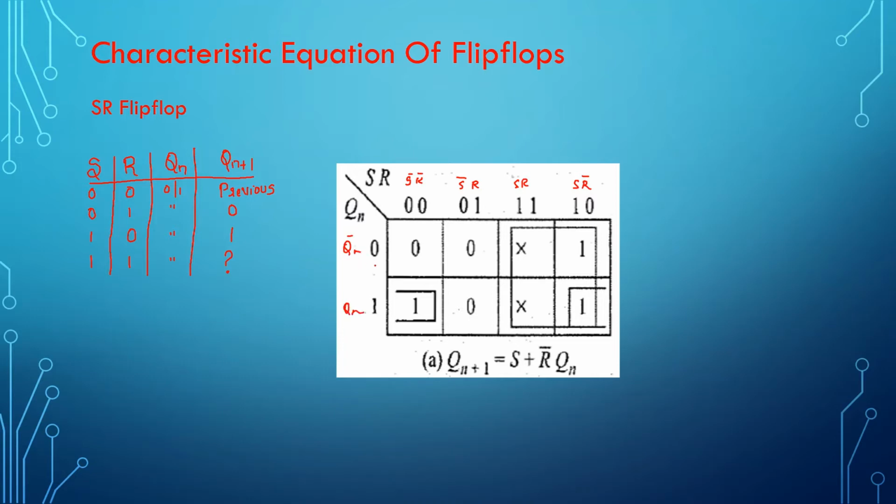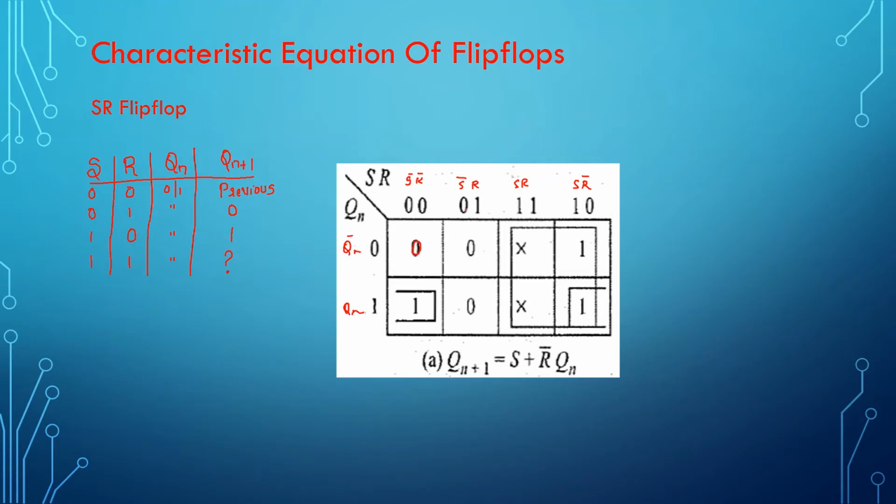So let's see how this particular table has to be filled up. These are the inputs I'm going to give to the flip-flop, and vertically these are the present data or the present state of my flip-flop. If the data given to the flip-flop are 0, 0, and if the present data in the flip-flop is 0, the next state Qn plus 1 is going to exhibit the previous state. Previous state is nothing but 0 itself. So I'm going to fill it up with 0 here.